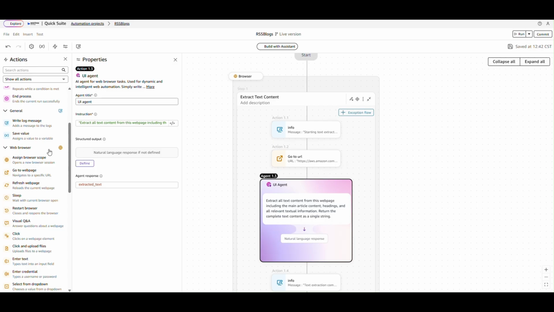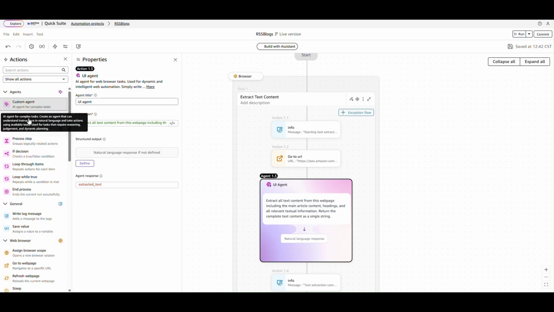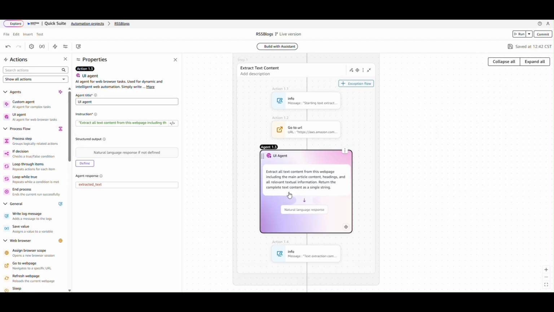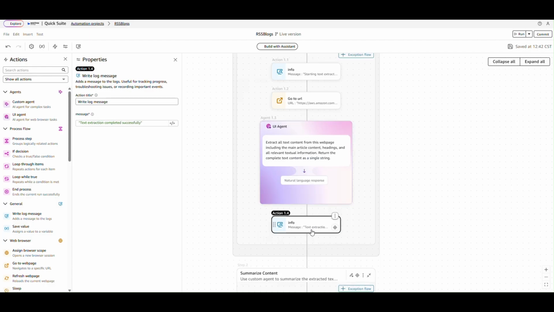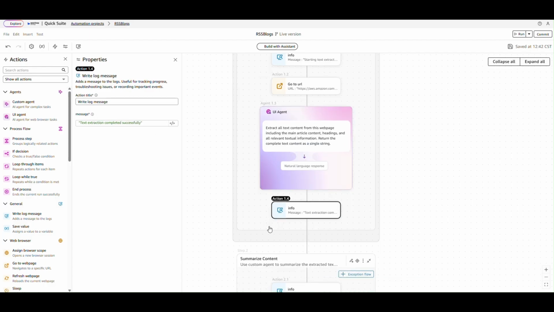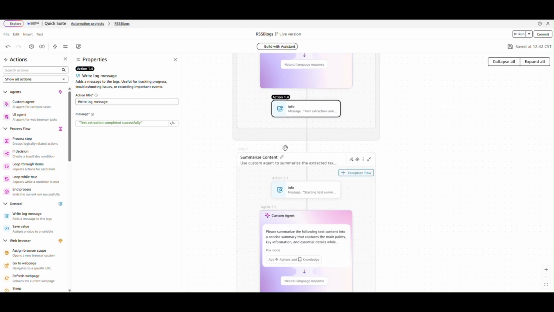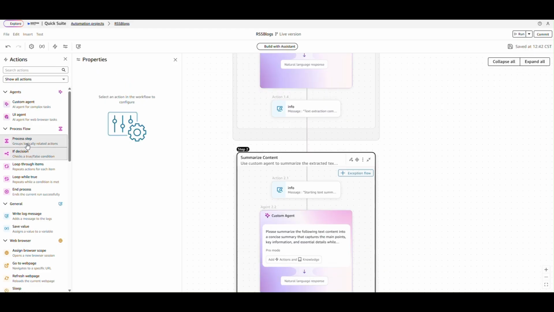Next, add UI agent action and assign it a prompt and output variable. Add logs as needed. Add another process step action outside of your browser scope. Drag custom agent action